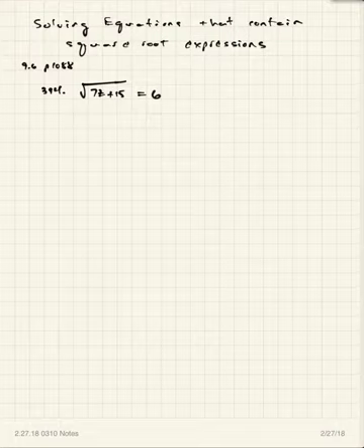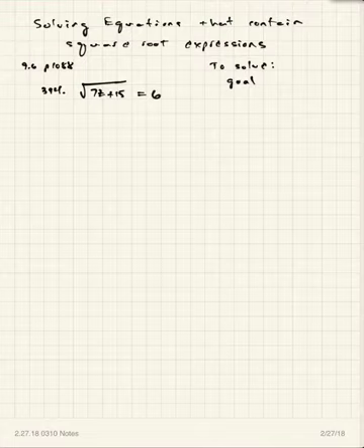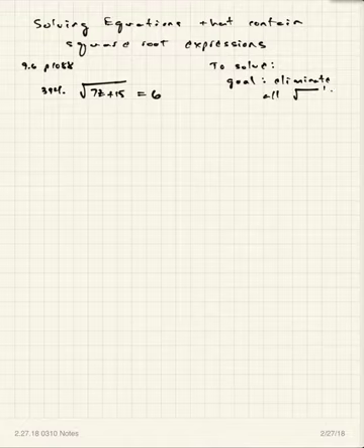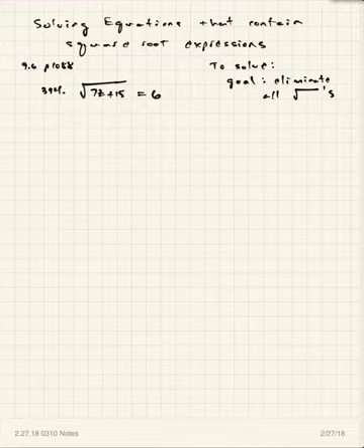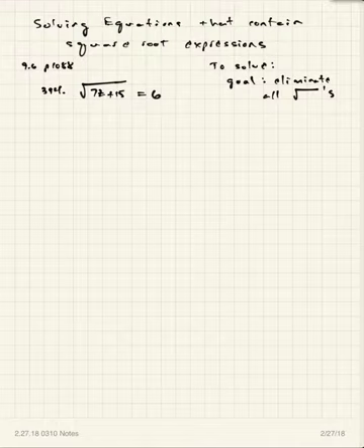Our goal, if you're going to solve this, is to eliminate all radical expressions. You need to try to rewrite this expression by eliminating all the radicals, so eliminating all square roots. Now the way you do that, generally, is to square both sides of the equation to get rid of the radical, because I'm trying to get rid of the square root of 7z plus 15. And I can do that